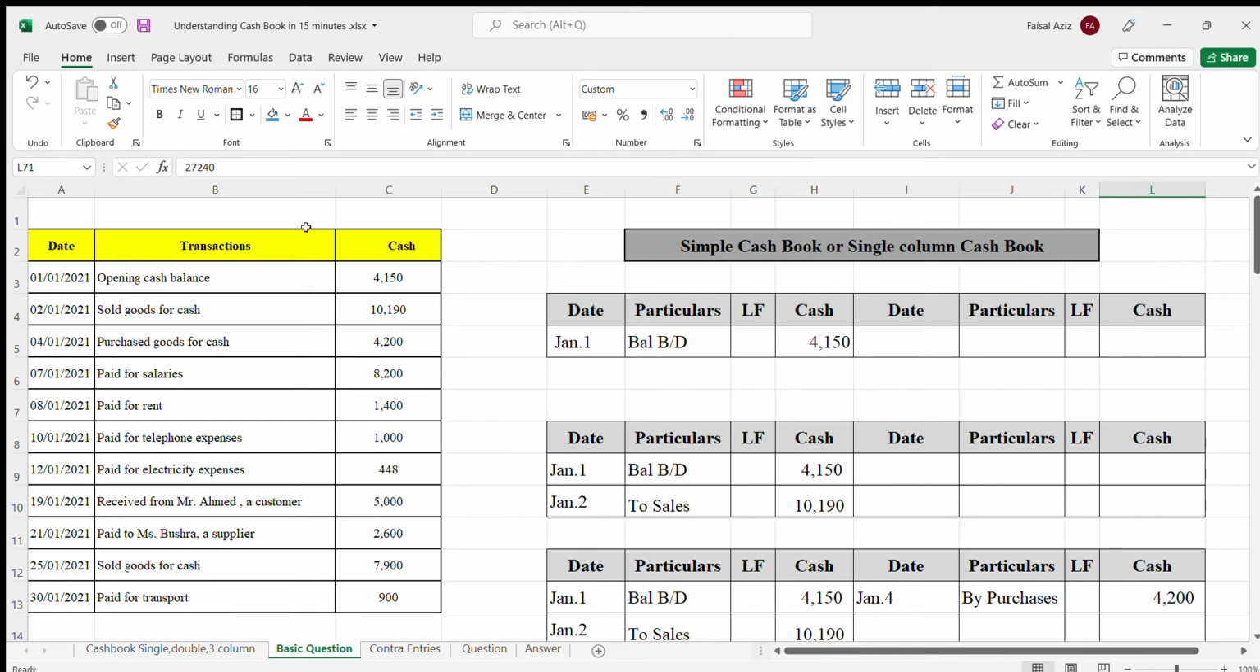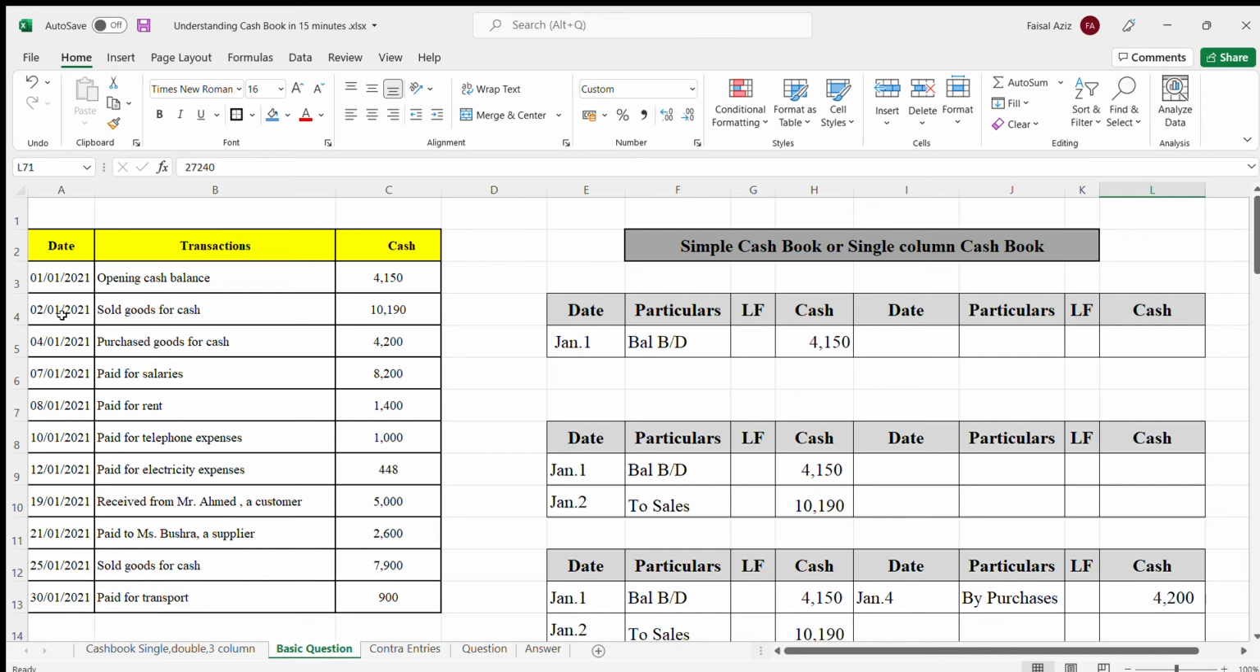So viewers, as you can see over here, 1st of January 2021 opening cash balance is 4150. So we will mention it over here, balance brought down 4150. The second is